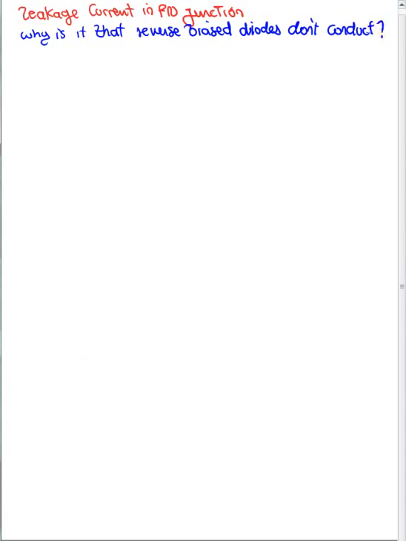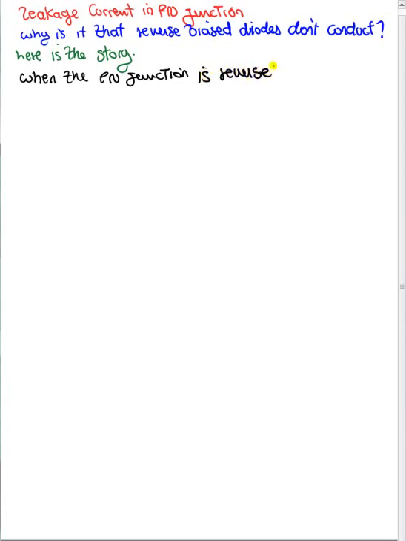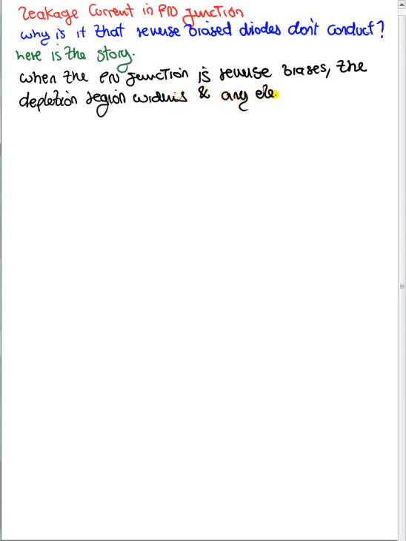Well, here's the story. When the PN junction is reverse biased, like we had it just a second ago, the depletion region widens, as we saw, and any electron-hole pair